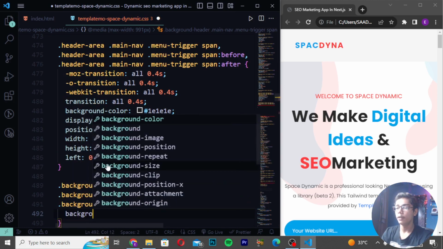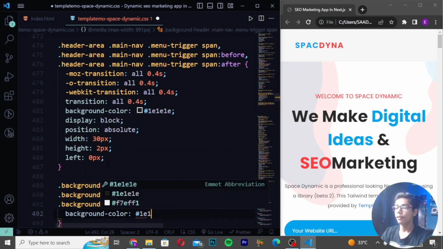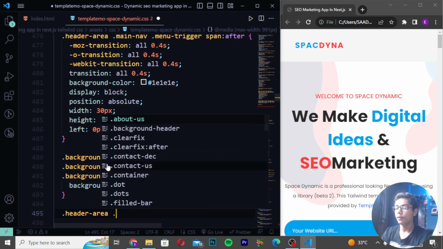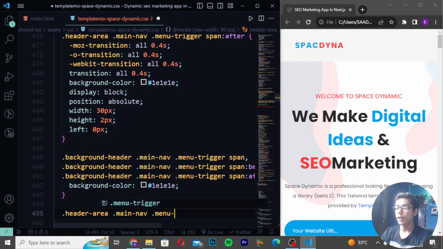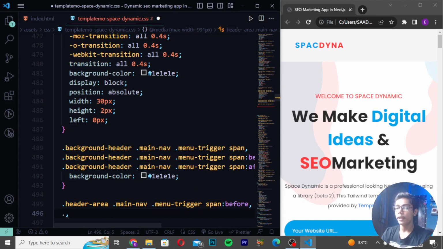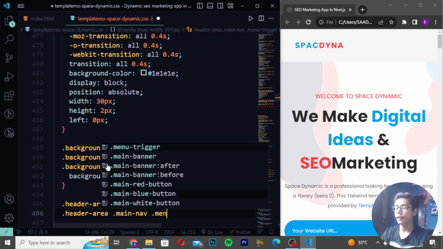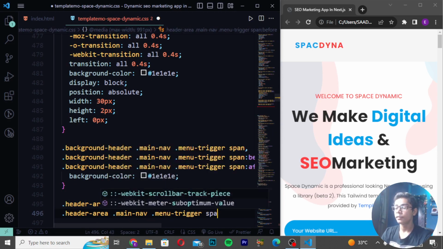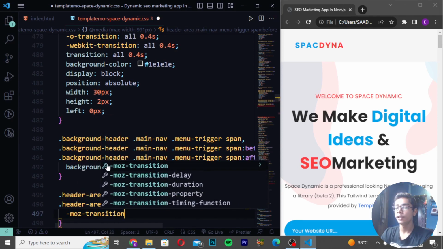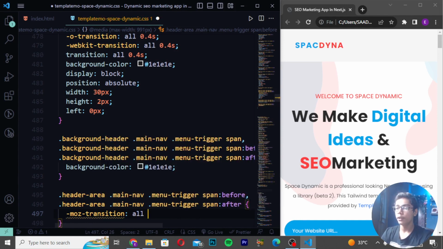Then create background color and here I will write money. And then you have to move down and create header area, and then you have to write main nav and create dot menu trigger. So I will now write this, and here I will write span before. So here I will write this comma, and here I will write header area, main nav and menu trigger, span after, and here I will now write